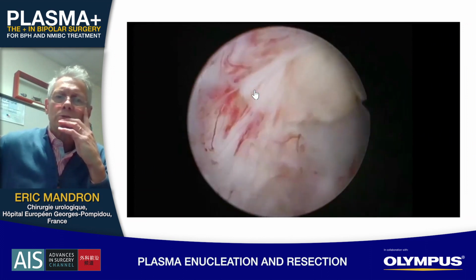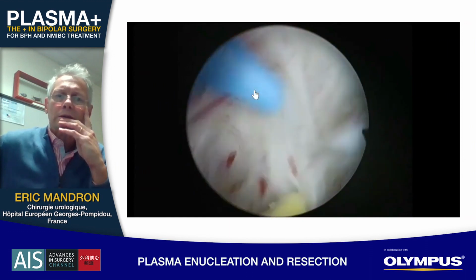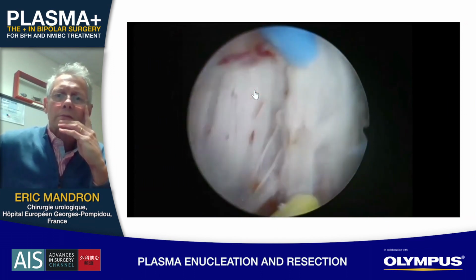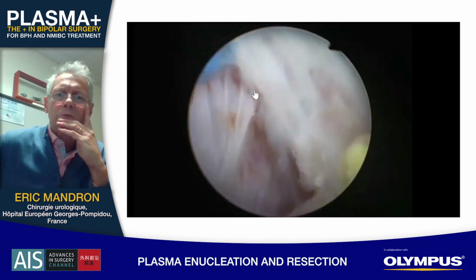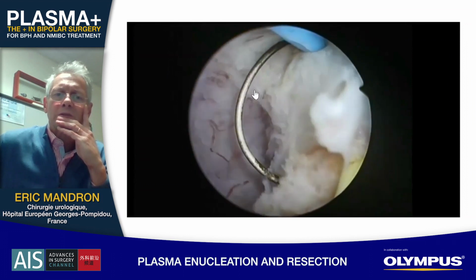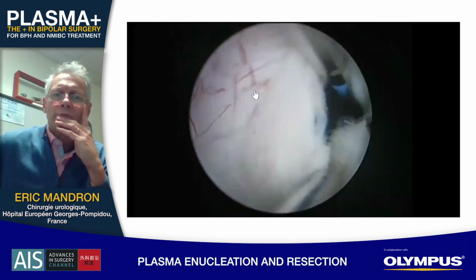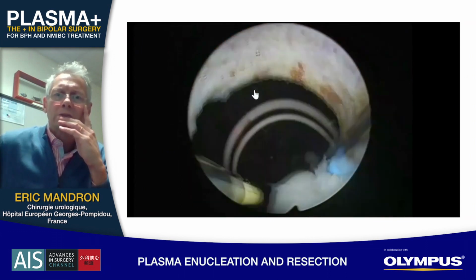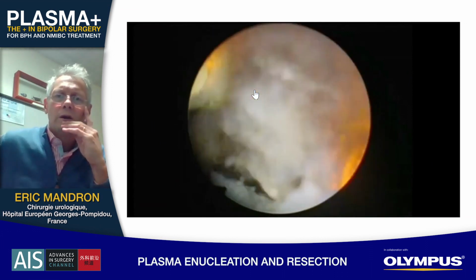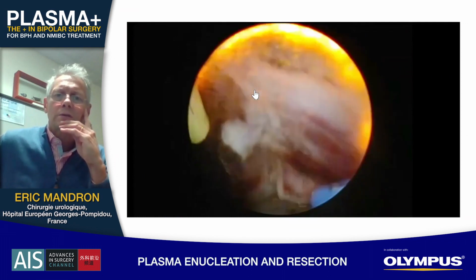You see here a small piece of adenoma, and you can push it away. And you see, it's a mechanical dissection. In fact, we use very, very few sections. Most of the time, it's only pushing. You see, now this is the opening of the mucosa at the level of the bladder neck, and now it's done. So, in fact, all the adenoma on the right side is free, and now we will just finish